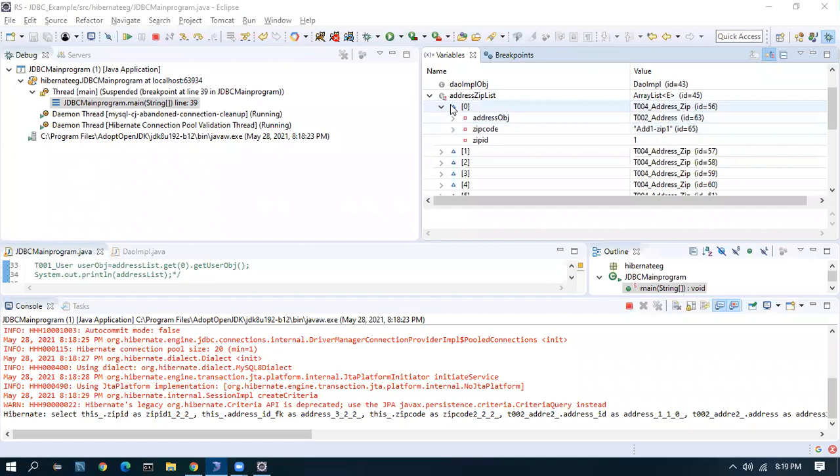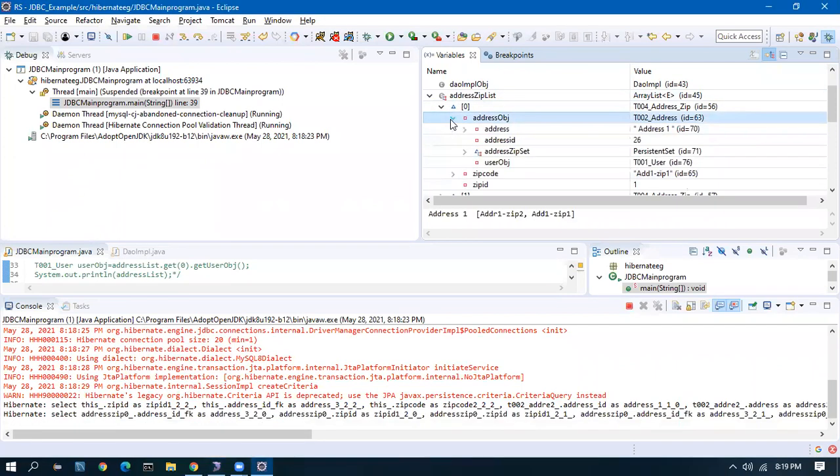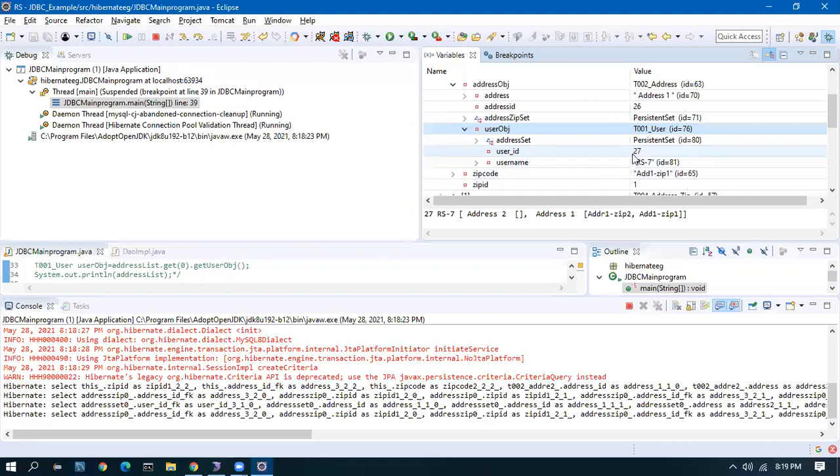Let's see. So inside the address zip, I have the address object, which is 26. Inside the address object, I have the user object, 27. So I am getting the parent and the super parent also, along with just one fetch. If I fetch a table, if the relationships are perfectly set, then I'll get all the data, whatever I need.